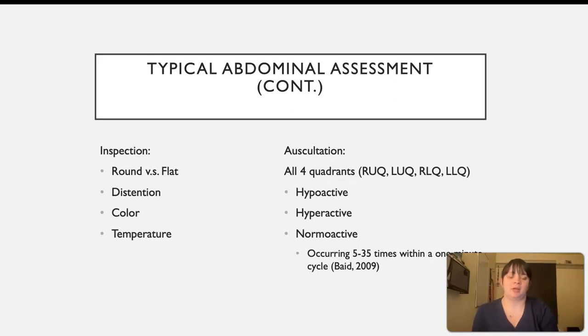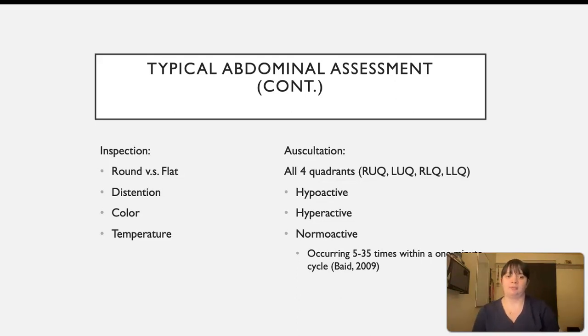Next, I will be completing auscultation. I'll be following with my stethoscope. I'm using the diaphragm, so this portion of the stethoscope. I will move from the right upper quadrant, left upper quadrant, right lower quadrant, left lower quadrant. I would like to identify what kind of bowel sounds my patient is having. Are they normal active, which would include having bowel sounds 5 to 35 times a minute, or are they